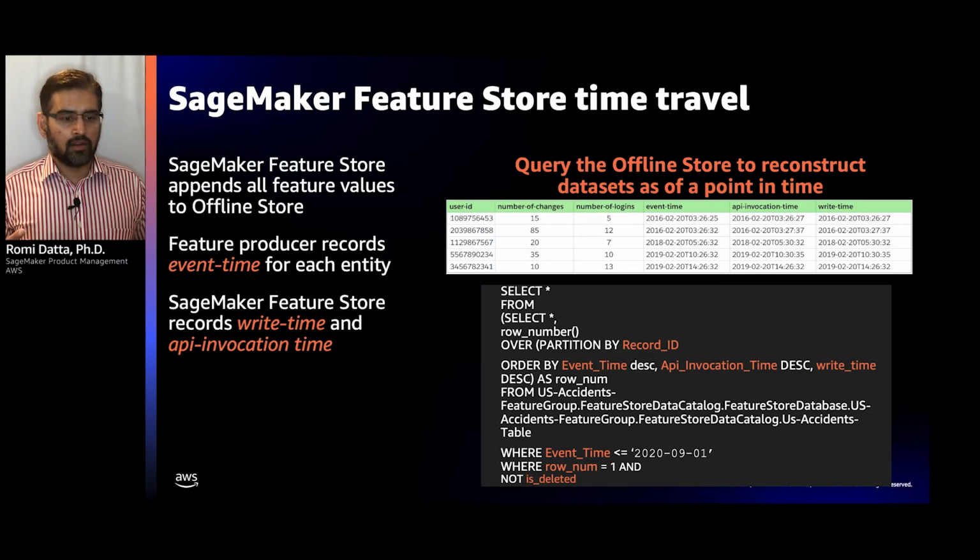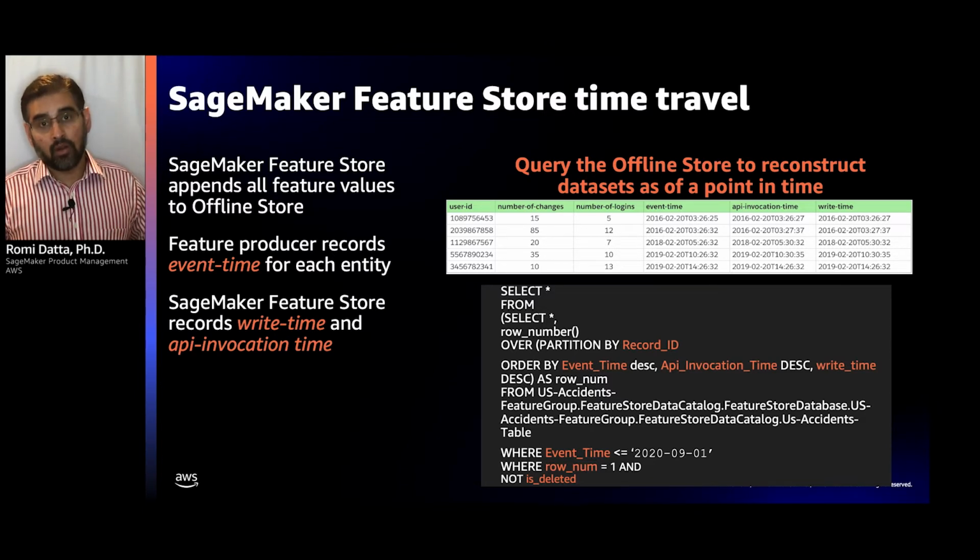So let's understand this with an example. Let's say you had a transaction with a record identifier with my name, Romy, on January 4th of this year. And there was a feature saying whether it's fraudulent or not, and you say this was a normal transaction, not a fraudulent one. Now, sometime in April, you determined that the transaction was actually fraudulent. So what you would do is go back to event time January 4th for record ID Romy, and say that the transaction was fraudulent.